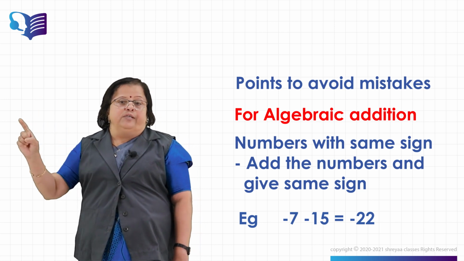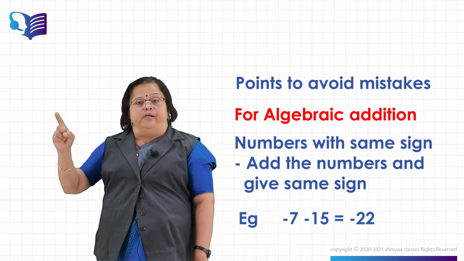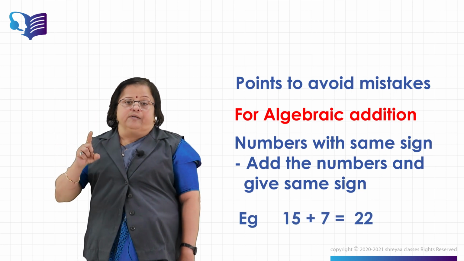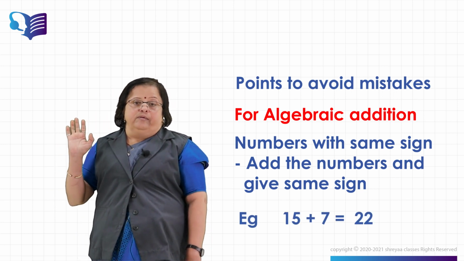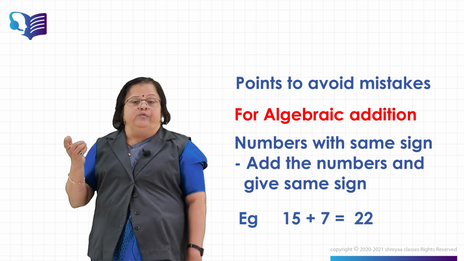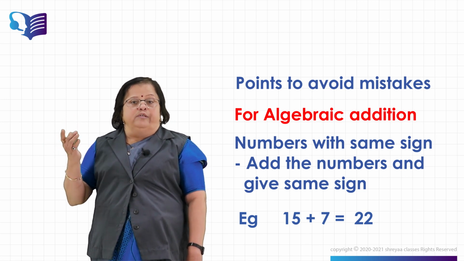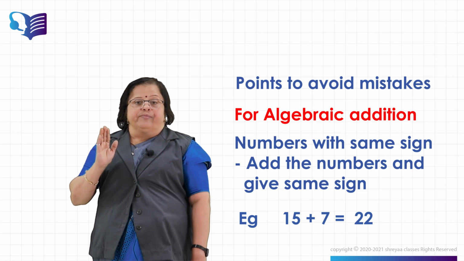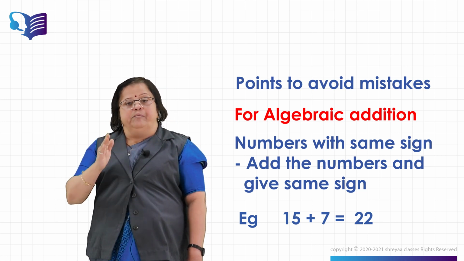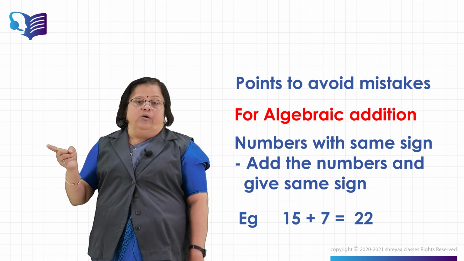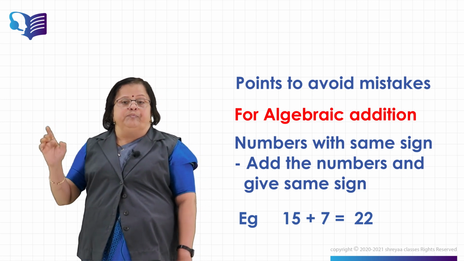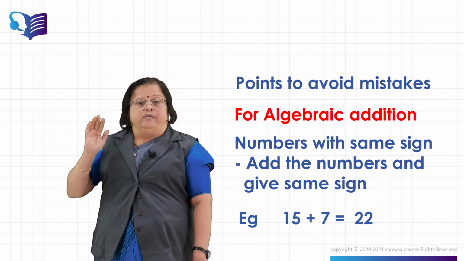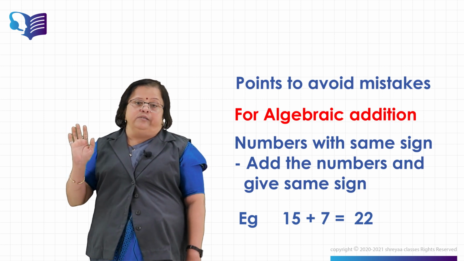22. So you write it 22. Then which is the same sign? Negative. So what is the answer? Minus 22. Now let us take 15 plus 7. It is a normal addition which we do in the first standard. Both the numbers have the same sign. 15 sign is not written, that means it is positive. Therefore both the signs are the same. Add the numbers, it is 22, and give the same sign, that is plus. So it is plus 22. We never write the positive sign behind the number, therefore we write only 22 as the answer.